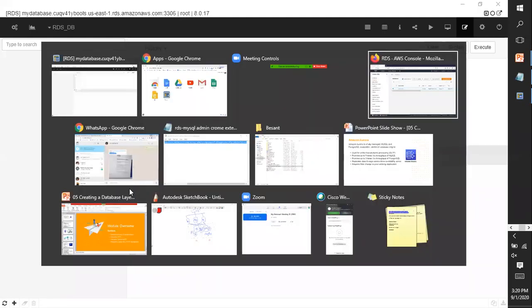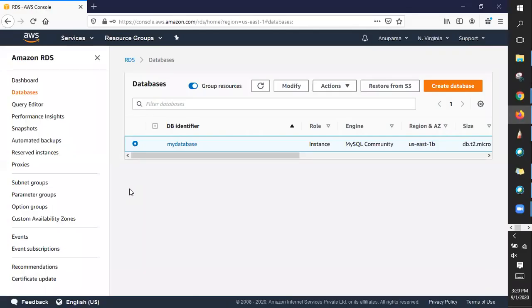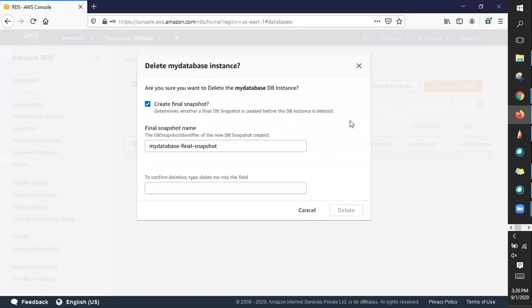Okay, now coming to the cleanup. Click on the database and go to actions and then say delete. Okay, so here you cannot just directly confirm it. It is asking, are you sure you want to delete my database instance?